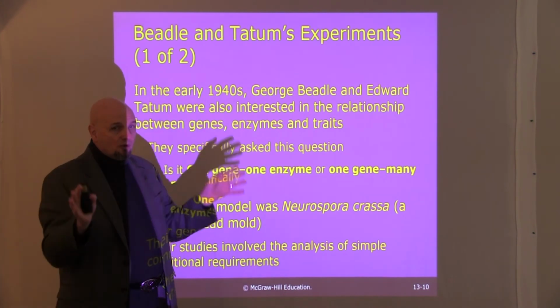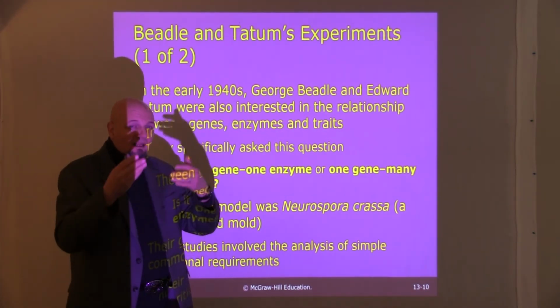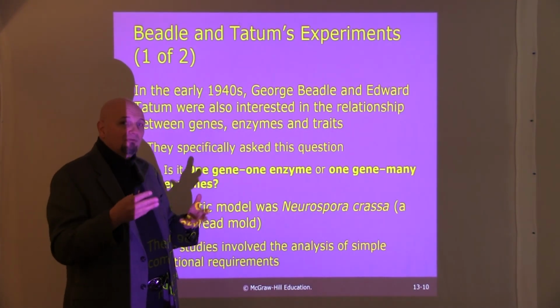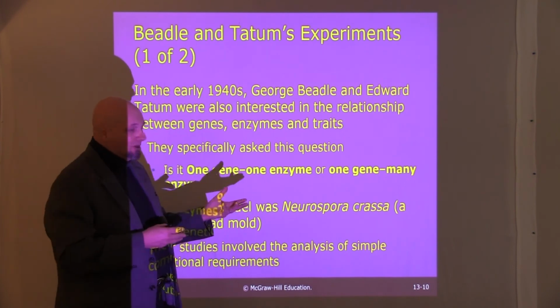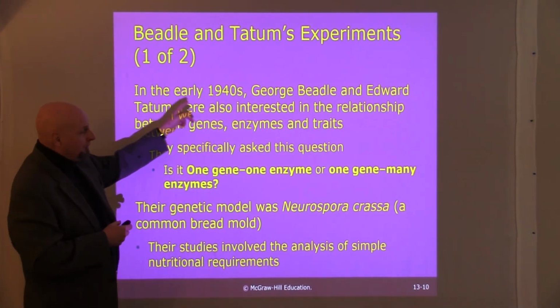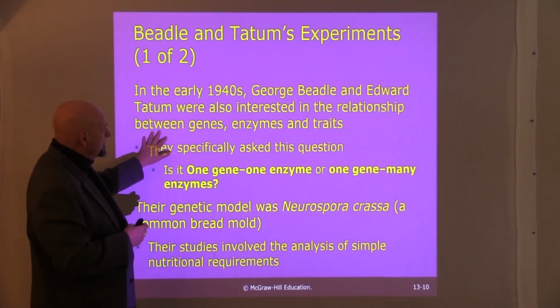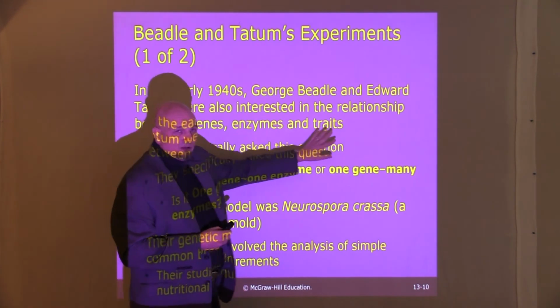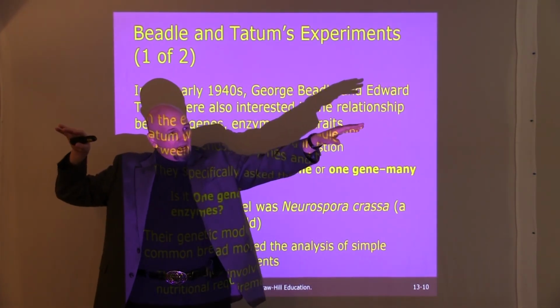All of that's going on, and at the same time, a variety of organisms are being looked at to try to figure out all these different questions that they have. And one particular group of scientists, George Beadle and Edward Tatum, in the early 1940s, became interested in the relationship between genes, enzymes, and traits. So they looked at all three of these things: genes, they looked at the